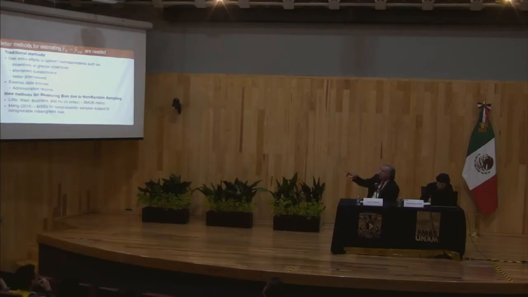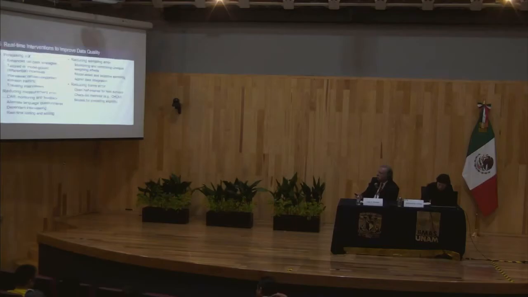And then this paper by Ming is one that I highly recommend in terms of looking at the mean squared error. A lot of times we're dealing with non-sampling data. It's not a probability sample. It could be a census, administrative data, or a non-probability sample because it's some big data set. And Ming's paper in 2018, a recent paper, provides some very good metrics for looking at mean squared error and bias for non-probability samples, which I find very intriguing and something that we would need in our designs eventually, if not now.